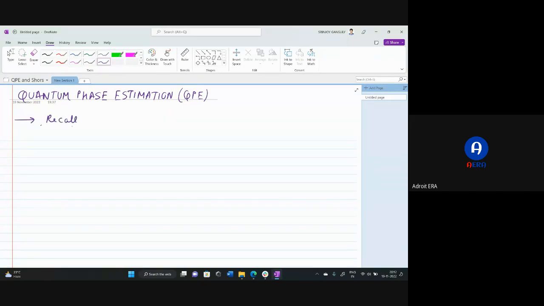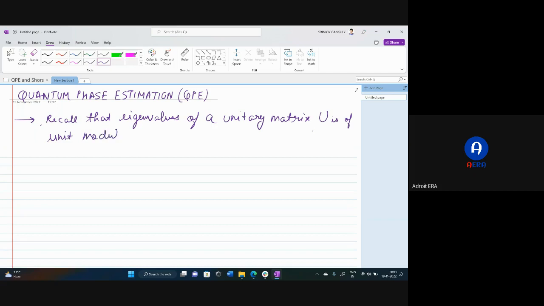Recall that the eigenvalues of a unitary matrix U are of unit modulus. We have already seen this. In a unitary transformation, we are aware that the eigenvalues of the unitary matrix are of unit modulus,